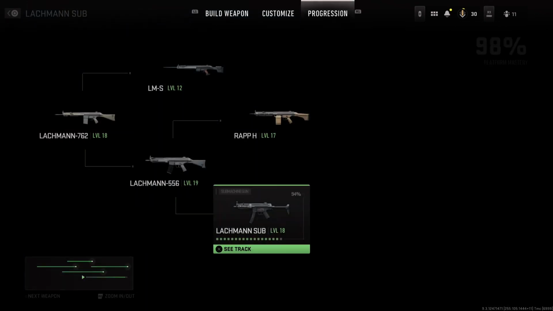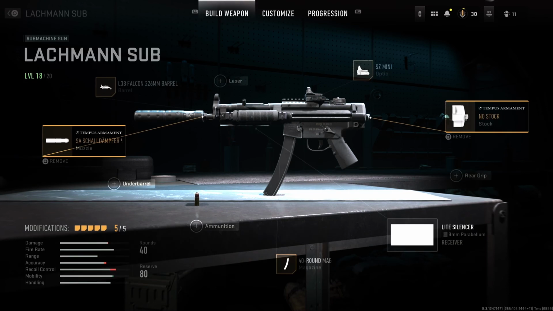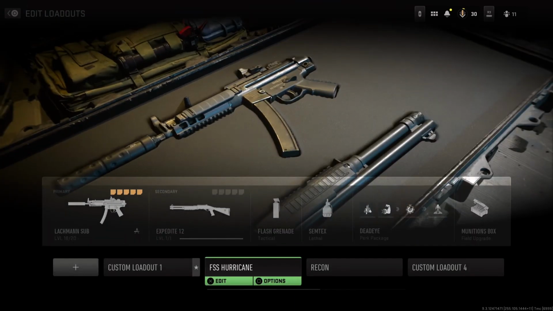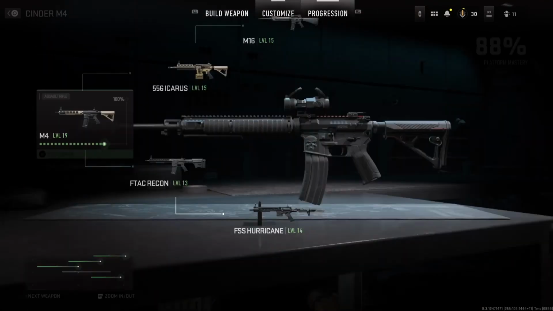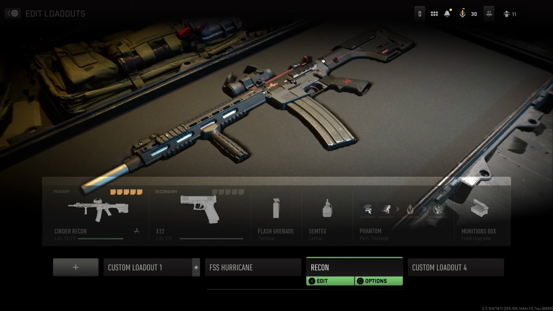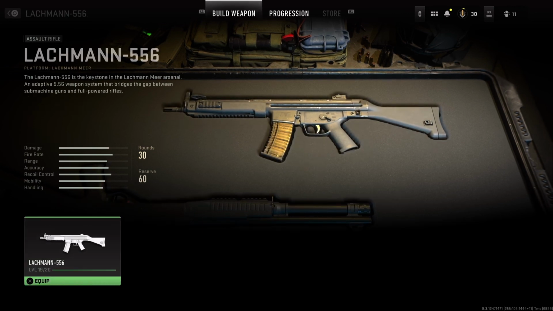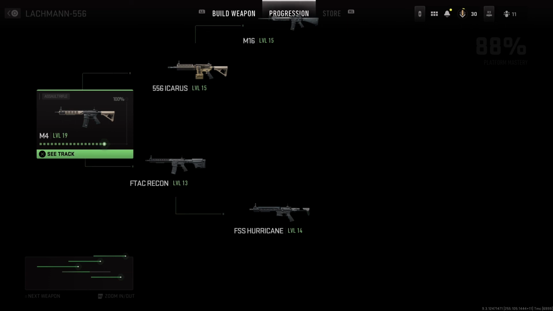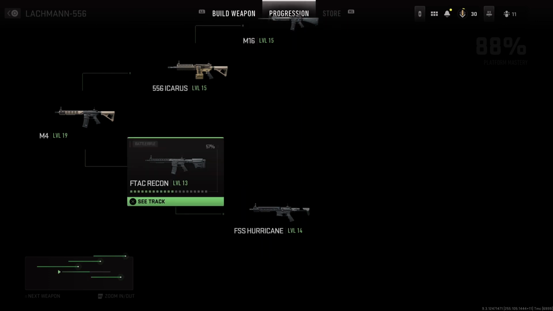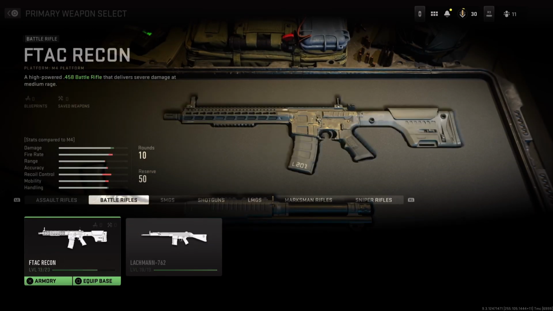Again, it's the Lockman sub. It's not going to say MP40 anymore. It's going to be the Lockman sub, and it's going to come from the Lockman rifle. So you have to unlock the Lockman rifle first, and that Lockman rifle comes from the M4 here. I mean, it actually comes from, let me see. It comes from the Lockman family category. So if you take a look at the Lockman, this is the progression. Here, oh yeah, it does come from this. It takes a little bit getting used to the setup, but it's under this assault rifle, and you level this one up, and then you should be able to get the